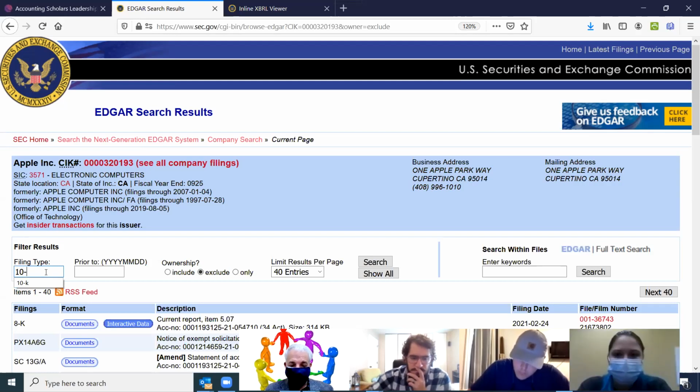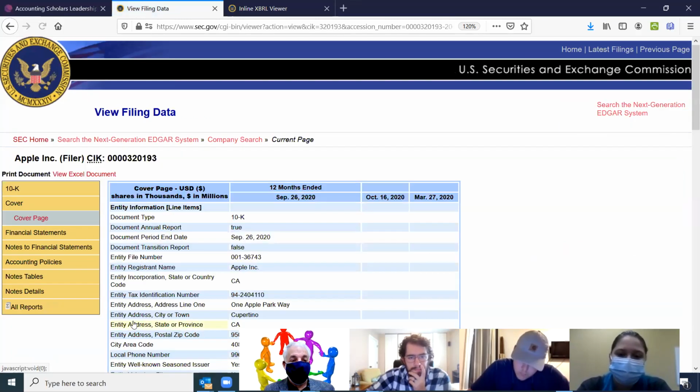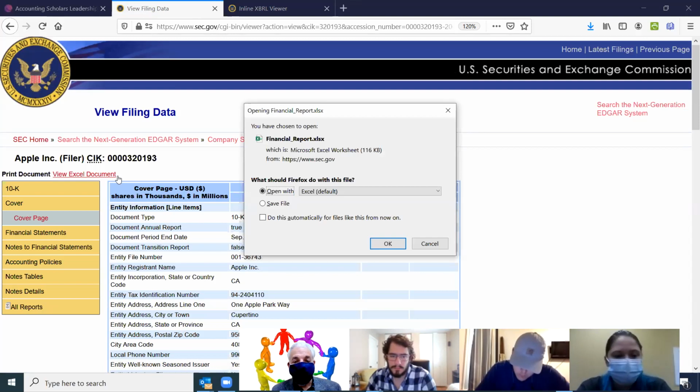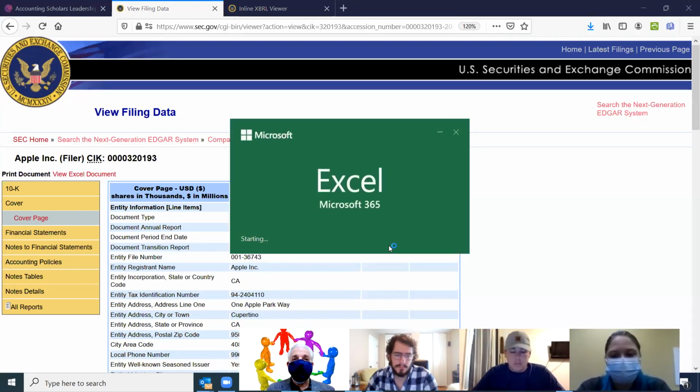What I really like is I can type in my 10K here. I go to my interactive data here, and I don't have to read the 10K. I have my financial statements, and better yet, I'm going to create an Excel document. And again, we've done this before, but this is the classic version. Financial report in a spreadsheet, open with Excel, good to go, click OK, on our way. So this is now going to produce those tabbed spreadsheets without us having to transfer all those numbers that we